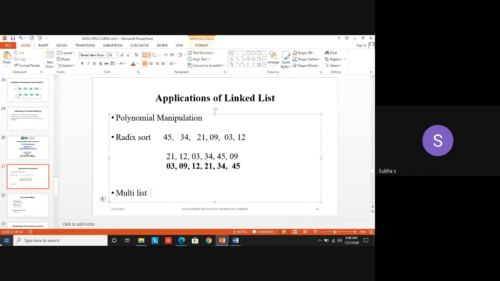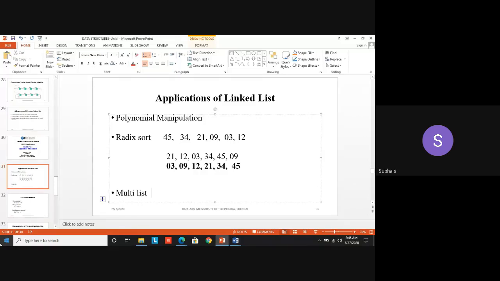Suppose one student can be involved in many clubs. For example, language club, yoga club, women club. Like that, for example, I am telling. So one student can be involved in many clubs. How can I relate through the list? For example, student Aravind is involved in language club. He is also associated to yoga club, also associated to YRC, like that. I am going to connect through the list.